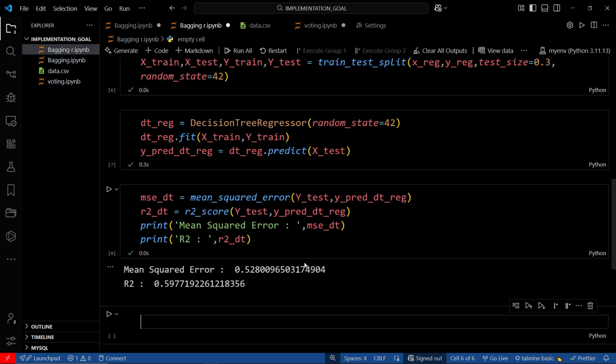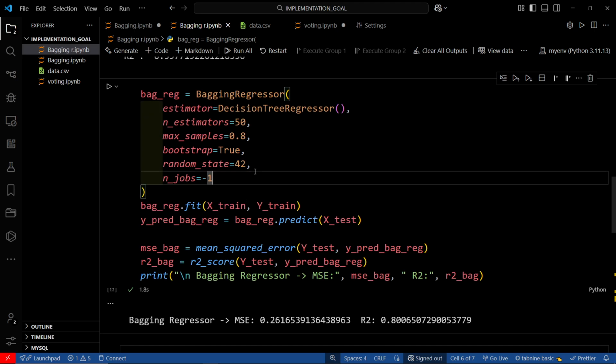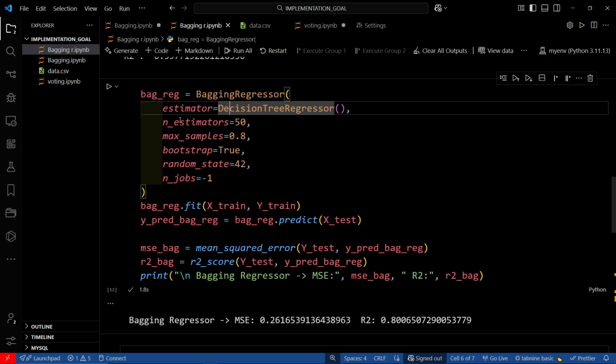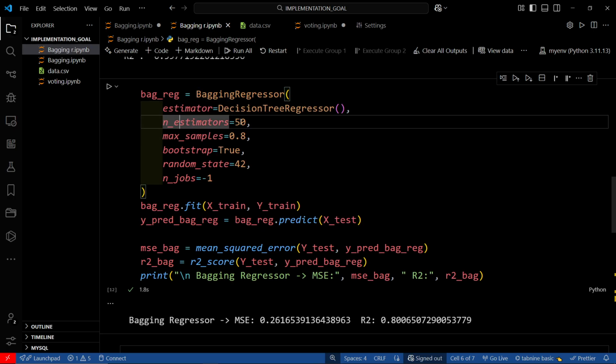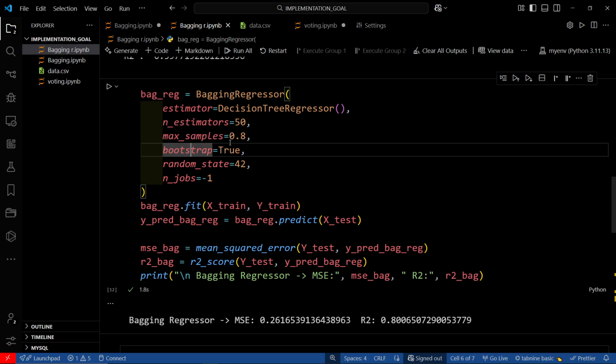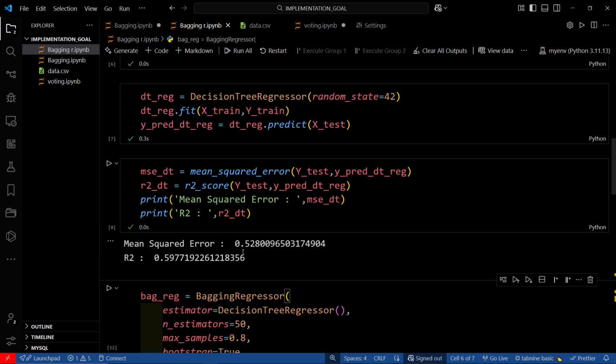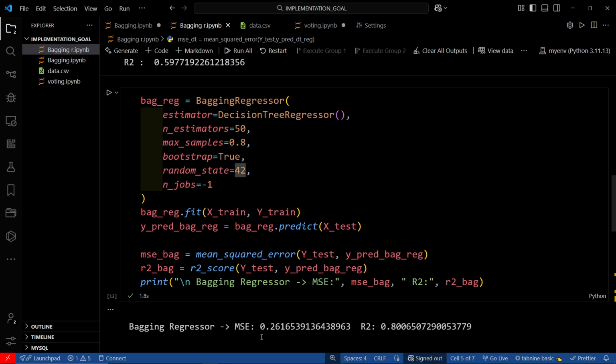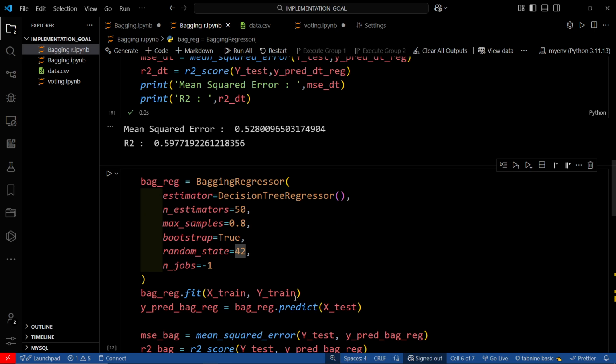Now let's try with bagging. This is the code of the bagging regressor. You can see I use almost the same hyperparameters: estimator equal to decision tree, 50 decision trees, max sample 0.8, bootstrap true, random state 42, and n jobs. It is almost the same hyperparameters, and then I will get a better answer than this one. Here we have an error of 0.5 and then 0.2. So our MSE is reduced